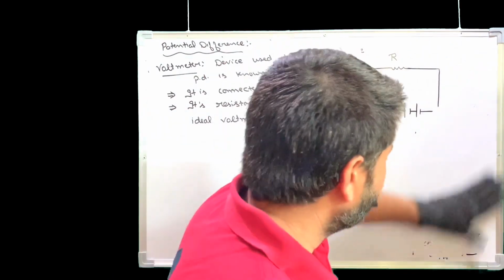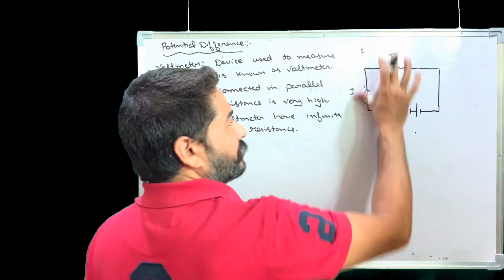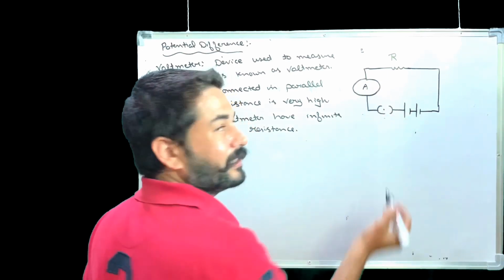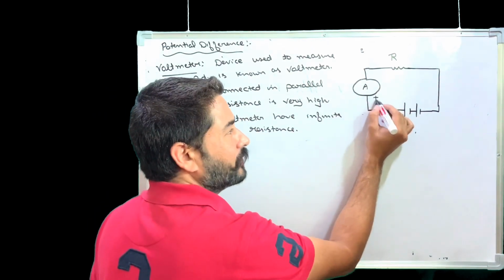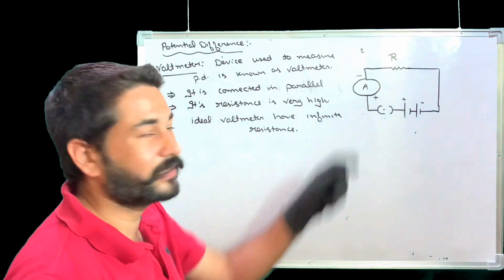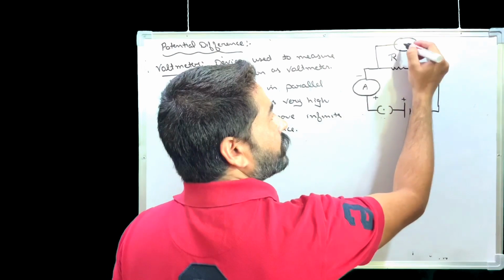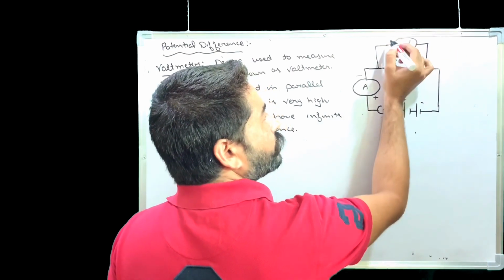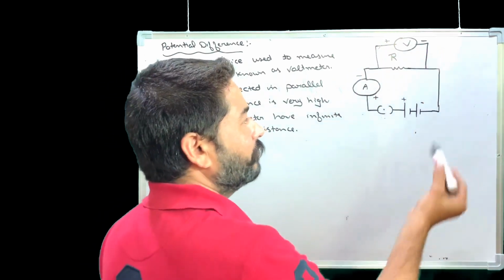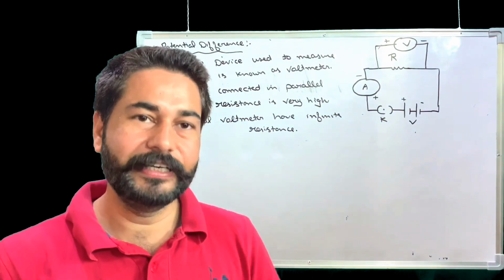Now after this I can modify my electric circuit. Now how will you connect the ammeter? It is connected in series. So this is how I will represent the ammeter, and its positive terminal will be toward the positive terminal of the battery, and the negative terminal will be toward the negative terminal of the battery. This is how you will connect it in series. Now the voltmeter is connected in parallel. This is how you will represent the voltmeter. Again its positive terminal will be toward the positive terminal of the battery, and the negative terminal toward the negative terminal of the battery. These are the two things we have added in the electric circuit.